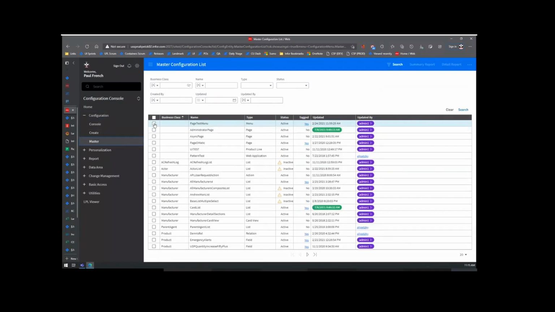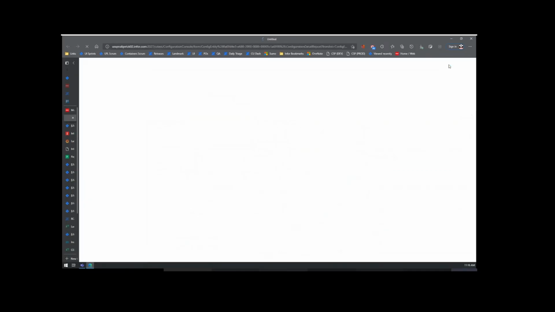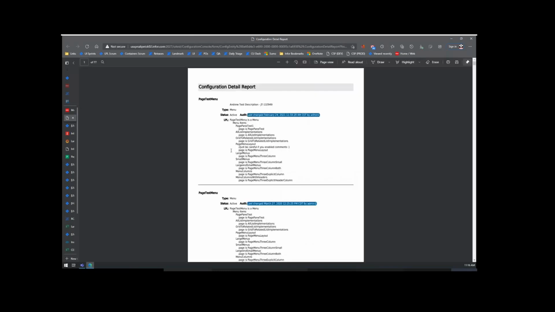One new feature we added in Configuration Console in the web is this notion of summary and detail report. I'm going to try to run a detail report, and what this should do is it will go create a PDF document of all of my configurations. And detail meant I wanted the LPL as well. And you can see now,